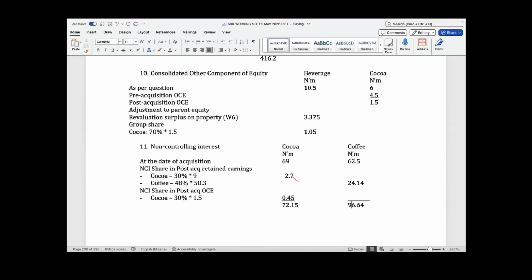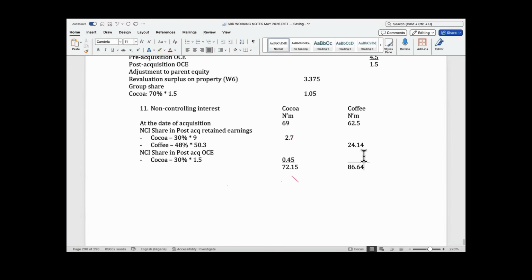86.64, sir. I'm already getting tired, but this question is almost over. So after getting this, this is the value of NCI at the end of the year. So I can now get the decrease in NCI, because NCI decreased by 60. So I can do the value of NCI